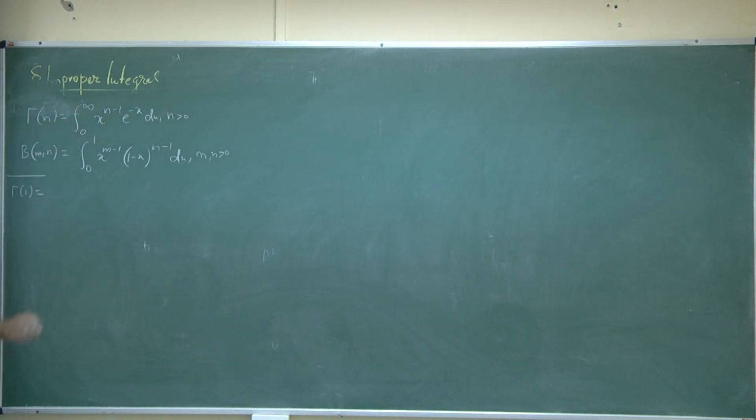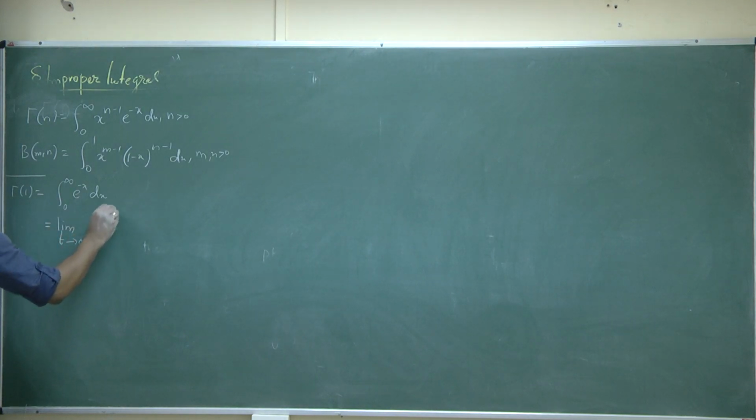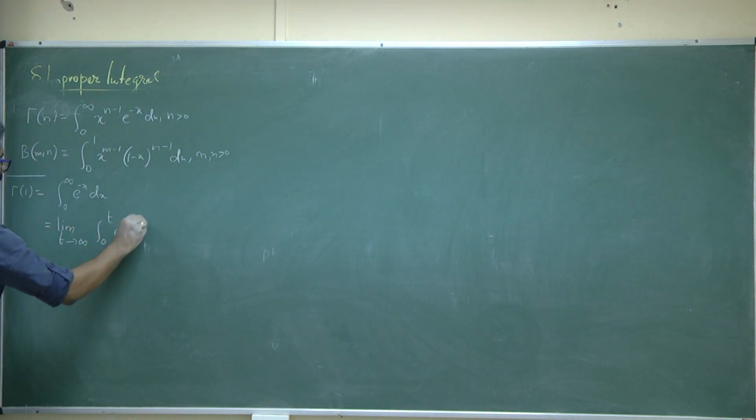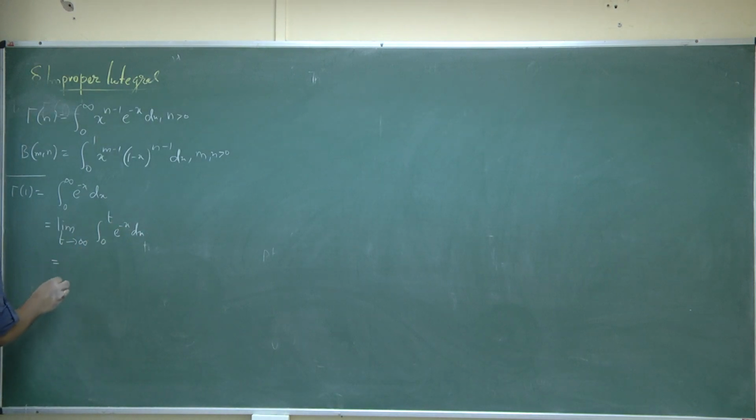The value of gamma 1 can be calculated by substituting n equals 1 here, and then this becomes the integral from 0 to infinity of e to the power minus x dx. Here 0 is not a point of discontinuity. The only improperness we have is at x equals infinity. So, you make t tend to infinity, and this becomes the integral from 0 to t of e to the power minus x dx. Then when we evaluate,